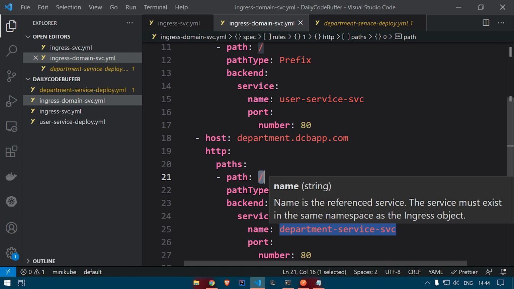So here you can see that it is very easy to configure your ingress services for your Kubernetes cluster. I will add all these files in the GitHub repository and share it with you. You can go through all these files and directly use them. I will be keeping all these images available in my Docker Hub repository, so you can directly use that. These are the two services, user service and department service, I'm talking about. And for the ingress domain and ingress SVC, you can directly use it, and you can also configure your own domains as well. So that's all I want to say about ingress in Kubernetes.